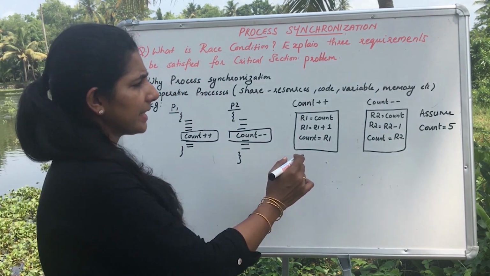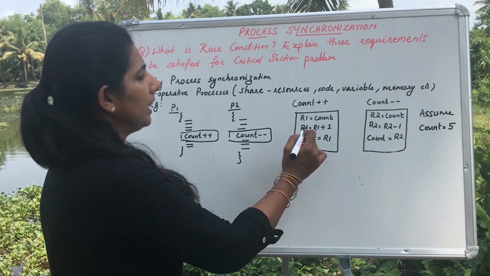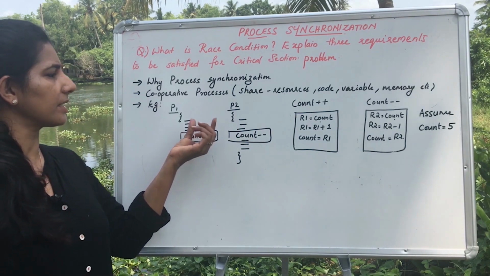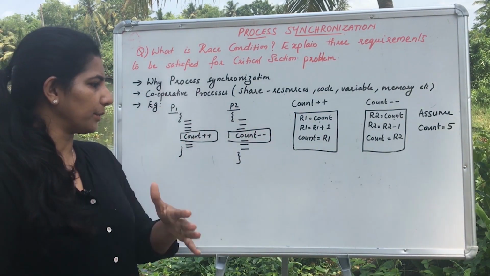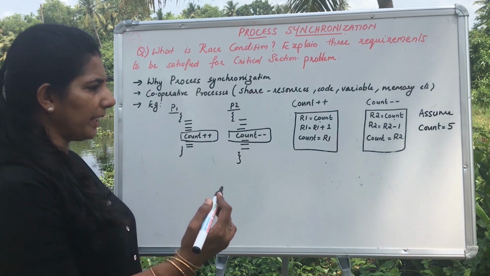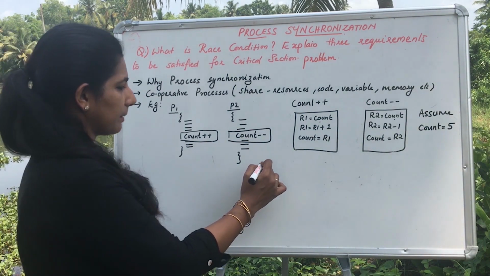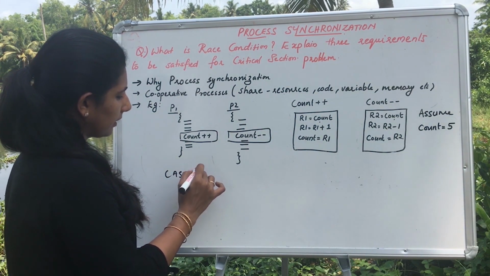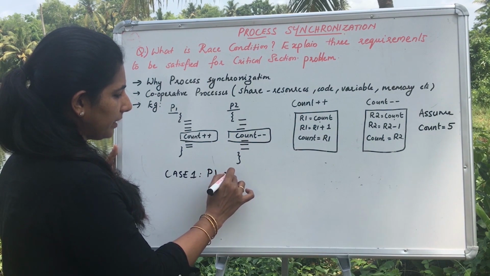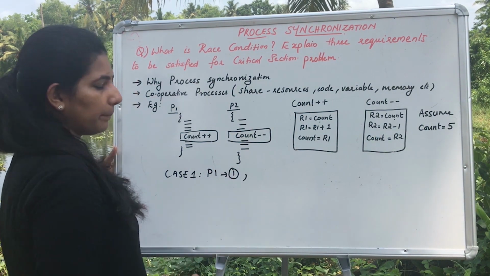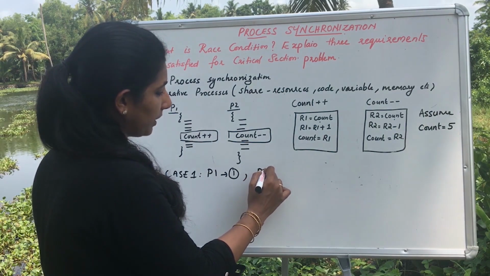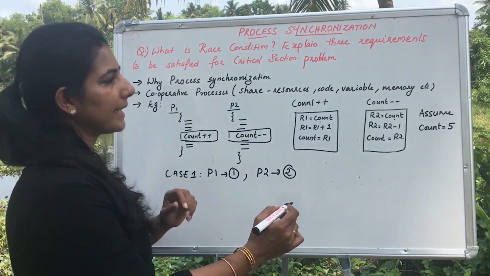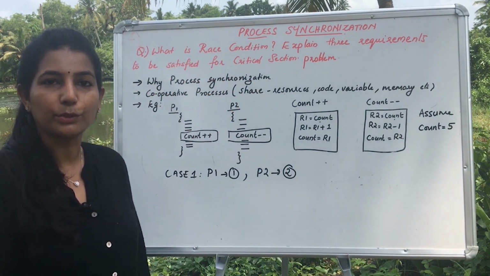We can see here that the shared variable is count. Here I have count, and here also I have count, in a program running between processes P1 and P2. Now let us take a situation where we think of a uniprocessor system initially. Case 1 is process P1 executing first, and then after P1 finishes, process P2 executes. Let me initialize the common variable count to 5.